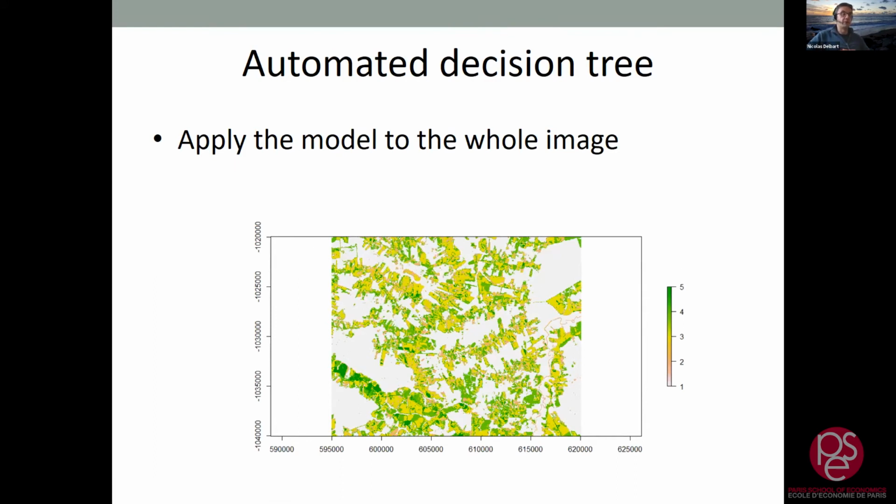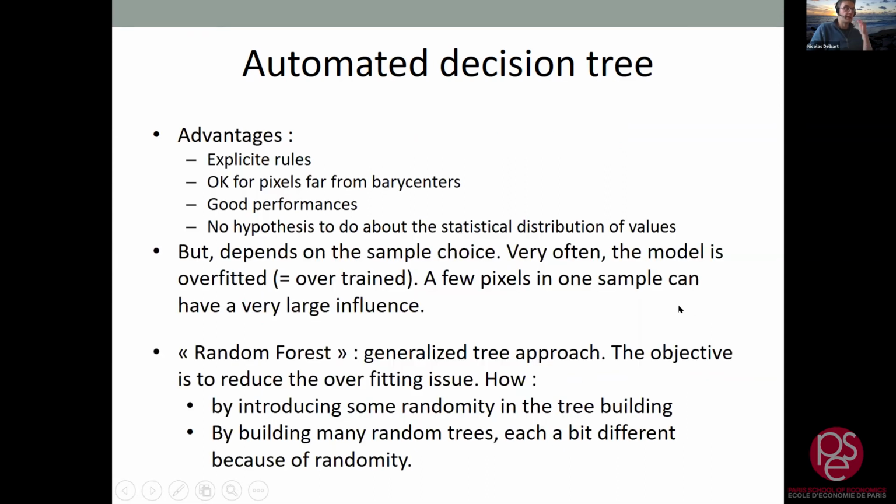In this example, and usually what I do is that I make my samples in QGIS, and I read these samples, which are in the form of a shapefile. I read this sample and the remote sensing image with R, and I build the decision tree with R, and I apply it with R. It's a very comfortable computational environment to make this work. It's quite easy, actually. So about this CART method and automated decision tree, the advantage is that it provides